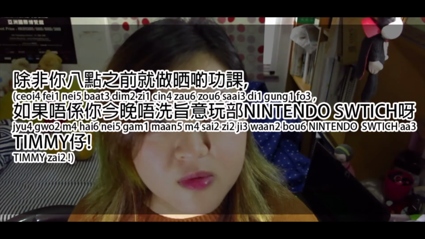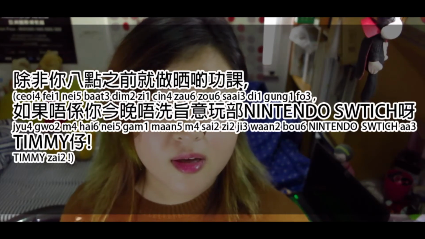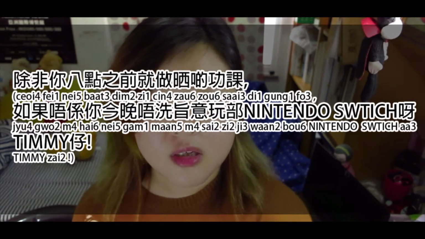Anyway, let's get into the examples. I'm getting confused myself as well. In English, you can say something like, unless you finish your homework by 8, you're not going to touch the Nintendo Switch tonight, little Timmy. I guess that's pretty much what every mom says to the kids. Translating that sentence into Cantonese will become something like 除非你8點之前就做晒啲功課，如果唔係你今晚唔使旨意玩部 Nintendo Switch 啊 Timmy 仔，快啲做功課。